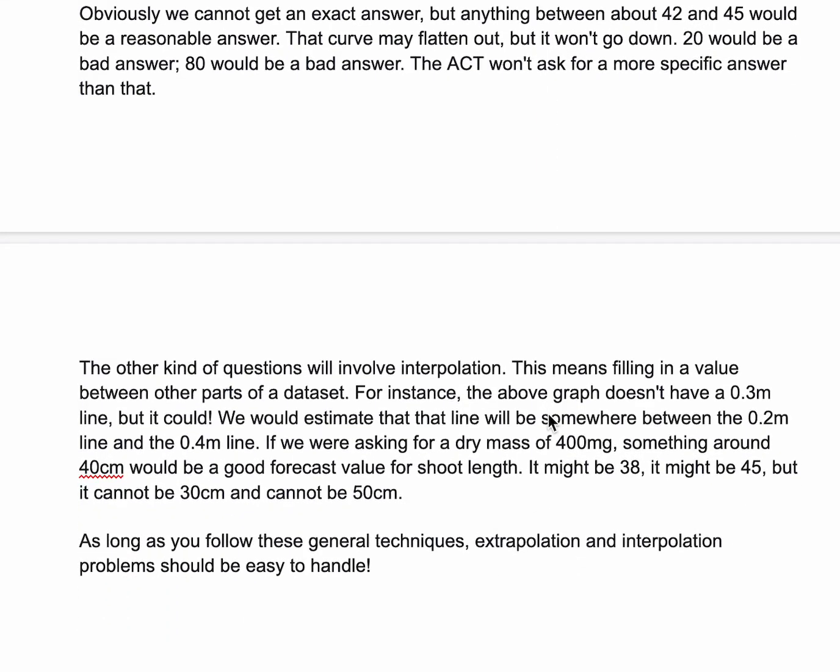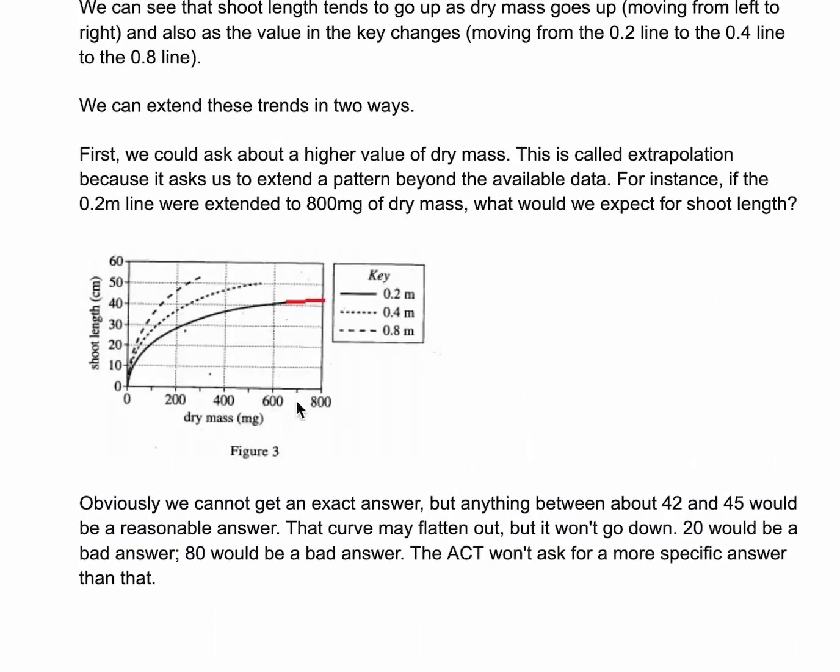Okay. So the other thing is interpolation, right? And that means filling in a value between other parts of a data set. For instance, the above graph doesn't have a 0.3 meter or whatever line, but it could. We would estimate that line will be somewhere between the 0.2 and the 0.4. So to give you an example of that,